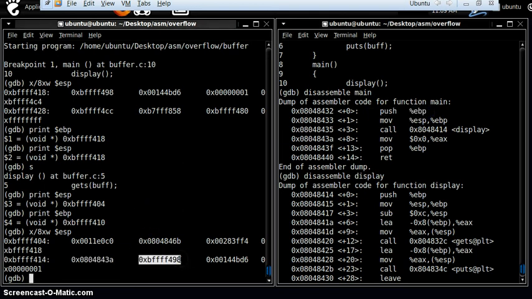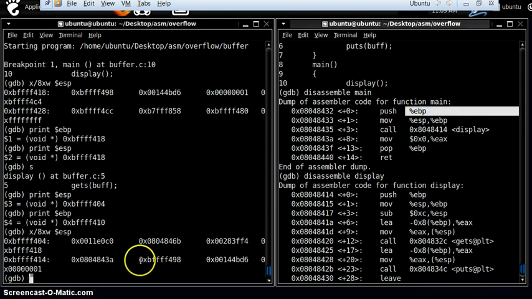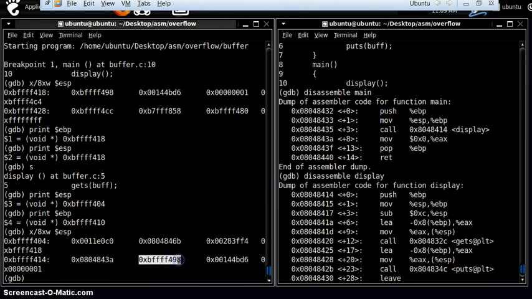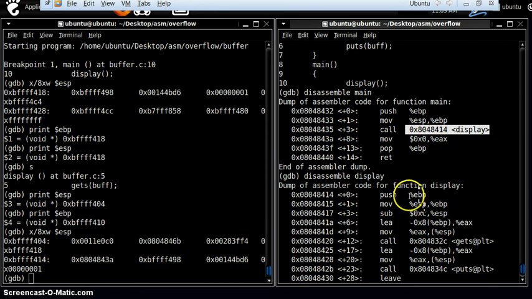Just try to understand and try to make out by yourself also. Assume this is EBP's value placed onto the stack. Now nothing has been saved onto the stack after this one. It goes on to calling display. Then display straight away jumps over here.